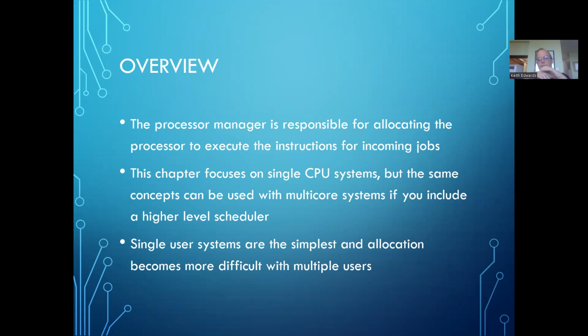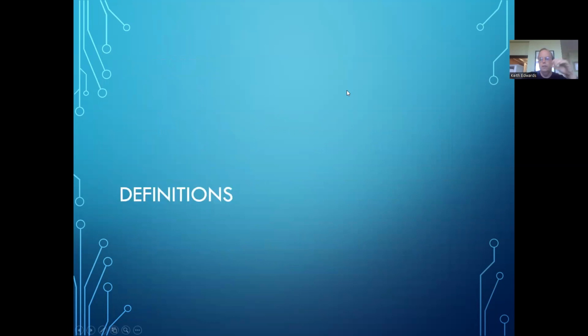This chapter is going to focus on single CPU systems, but chapter 6 is going to look at how this works in multi-core systems, and the same concepts can be used if we have a higher level scheduler. Single systems are the simplest, and the allocation becomes a little bit more difficult for multiple users, so we're going to start here. So the chapter starts out with some definitions, and these are handy to know in terms of